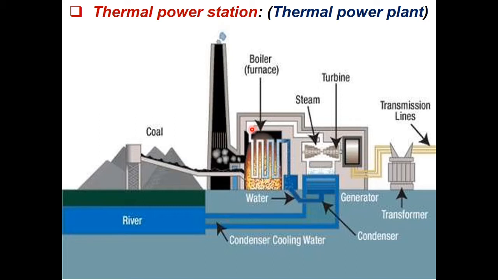And when this high pressure and high temperature steam is carried to the turbine, after rotation of the turbine, that steam is taken out from the turbine and it is cooled by the condenser. After condensation of steam, it turns into a liquid. That liquid or water is again taken into the boiler. Such a cycle runs continuously in a thermal power plant.